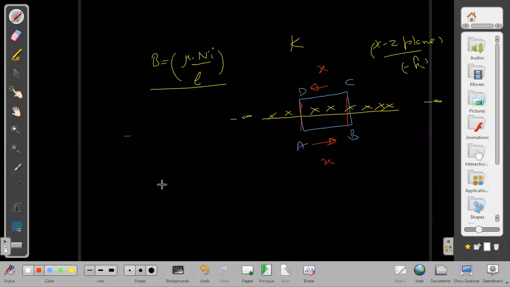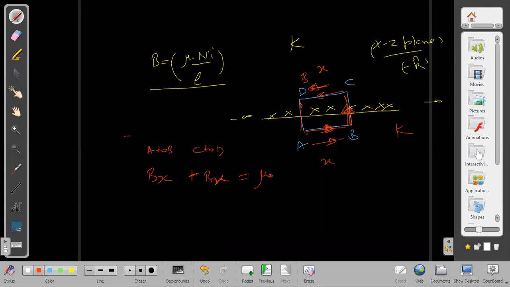And what will be the contribution? If I move from A to B, then dL will also be in that direction only, and the field is also in that direction. Then it will be B into x, from A to B. What about from C to D also? Again, the field changes its direction, but I am also traveling in the loop in the same sense. If I am going from A to B, then C to D, then plus B into x, because the magnetic field also reverses here, it is in the backward direction. And that total is equal to mu naught into current enclosed.